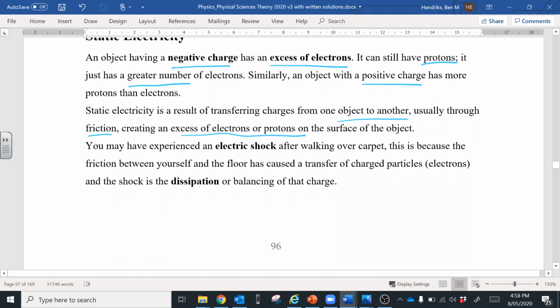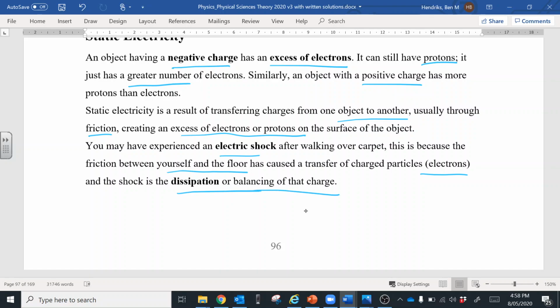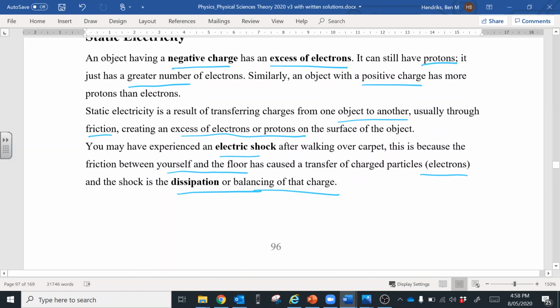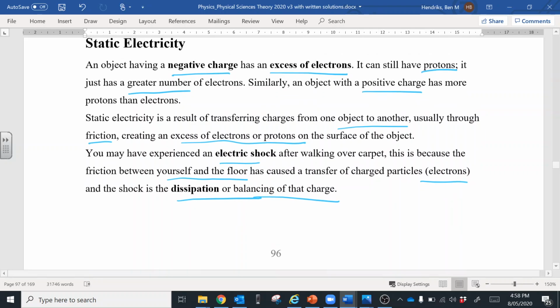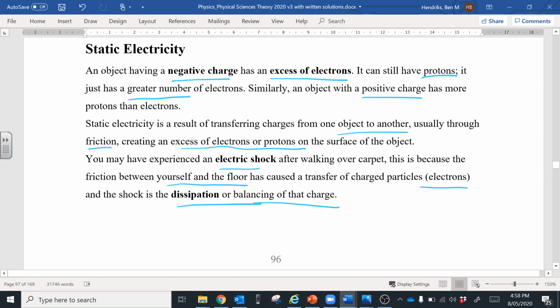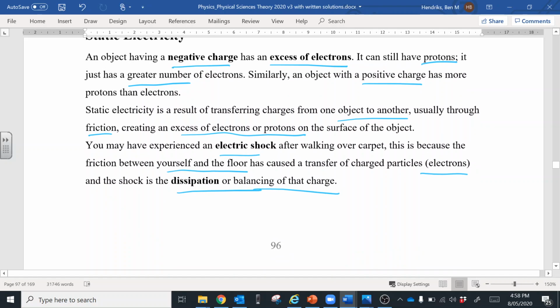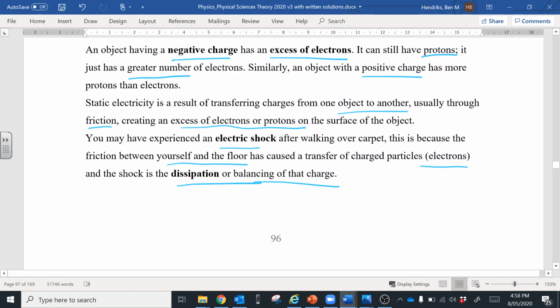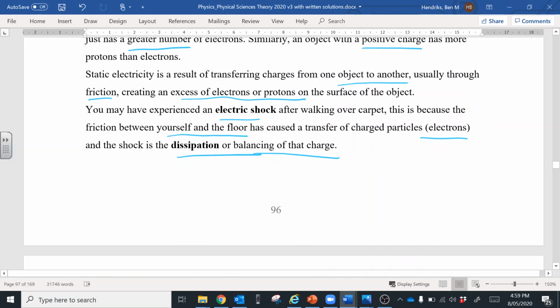You may have experienced an electric shock after walking over a carpet. This is because the friction between yourself and the floor has caused a transfer of charged particles, usually electrons, and the shock is the dissipation or balancing of that charge. Basically what's happening is that some objects are more attractive towards electrons than others, and the transfer of electrons creates an unbalanced charge, but things want to be neutral. So things tend to be electrically neutral, and so what happens is a dissipation or a balancing of that charge